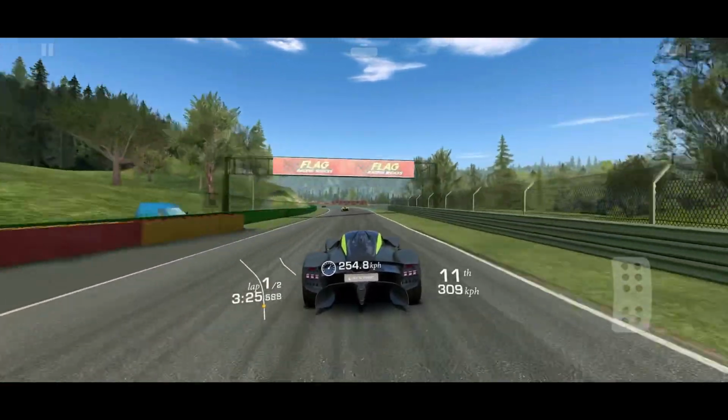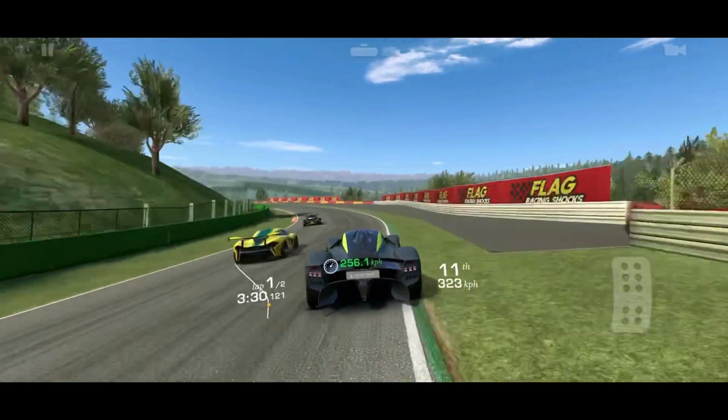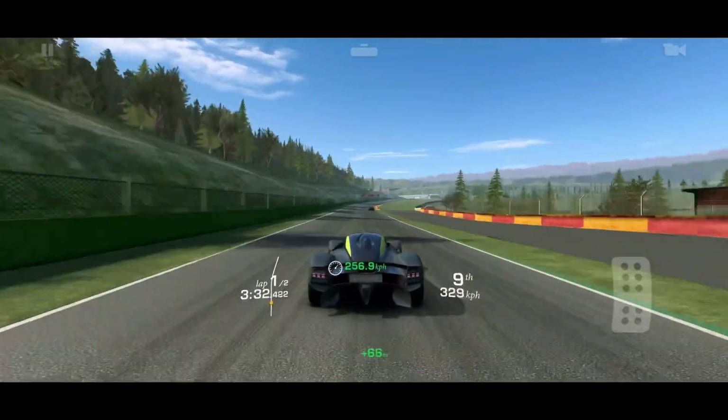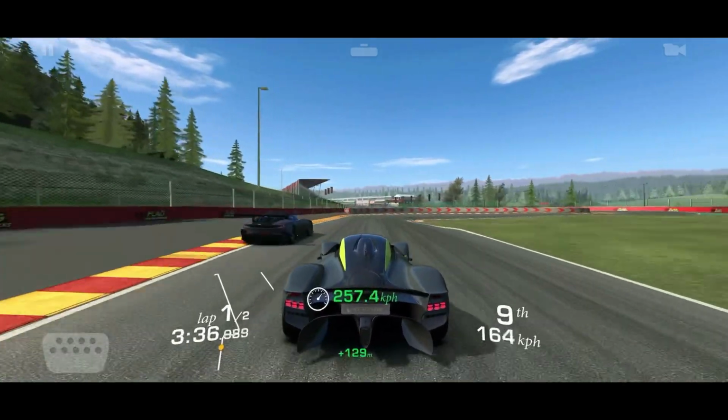So, oh nuts, he's going to be in my way. I'm going to swing farther to the right now. No, these guys in the way. Oh my gosh, that's so risky. Felt like I was going to fly off track. See, even with this car going down that section there,